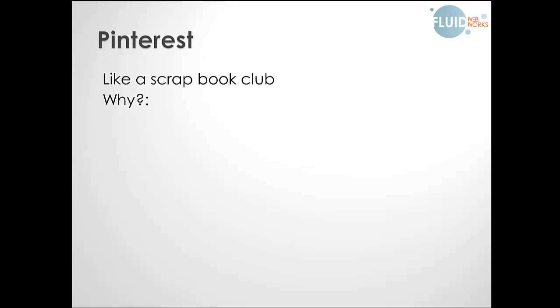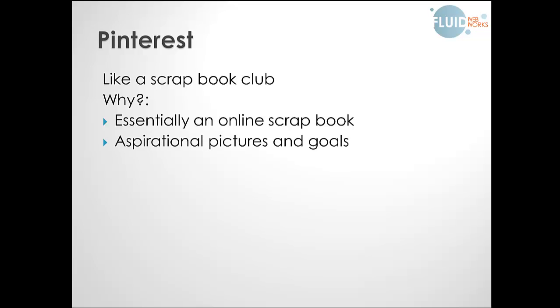So if somebody finds something online that they really like the look of, they can then pin it to a board. For example, if I see a really nice pair of Gucci shoes that I would love to have, I can pin that picture of those shoes onto my board, dream wardrobe, and then other people can see that, and they can then repin or like or comment or do whatever they want. So it's social in that way. These sort of pictures are often aspirational pictures and goals, so the boards on there are very specific to an individual person. They get to choose what kind of boards there are.